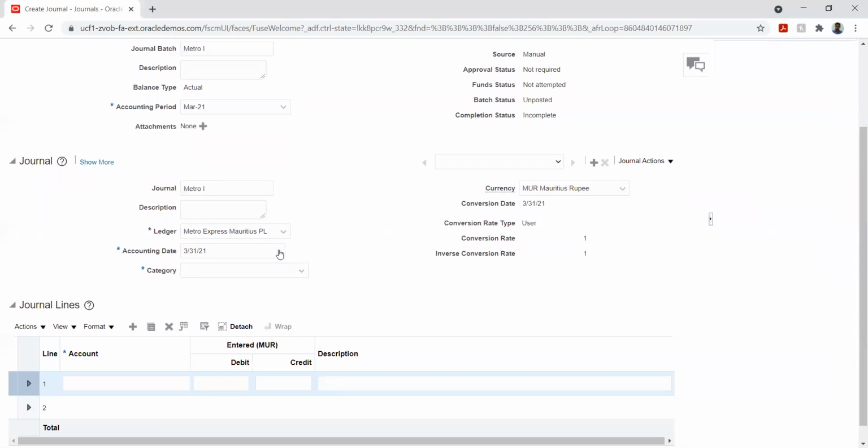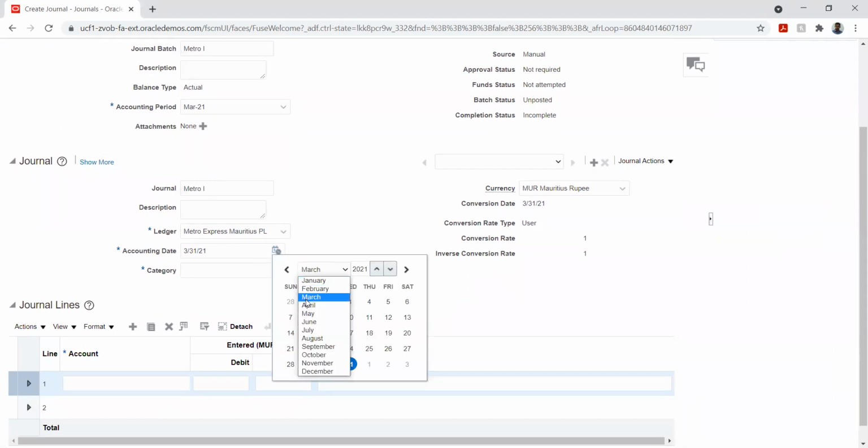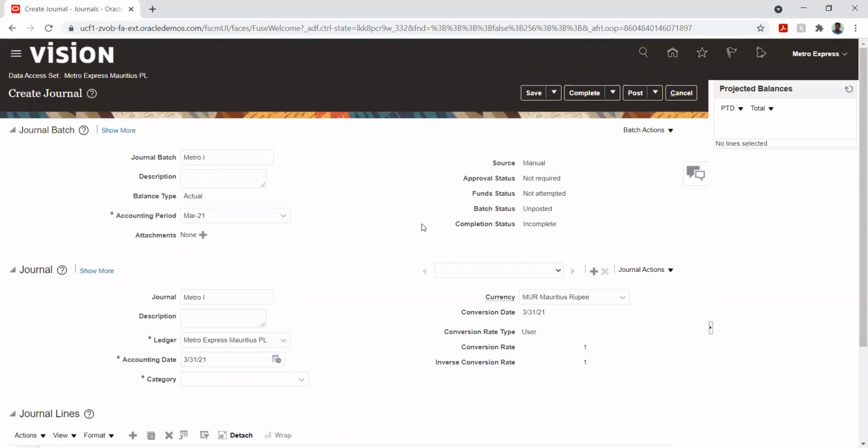Okay. So I'm changing this date to 1st of April. The reason is I think the period is not open. Okay, let me open the period first.